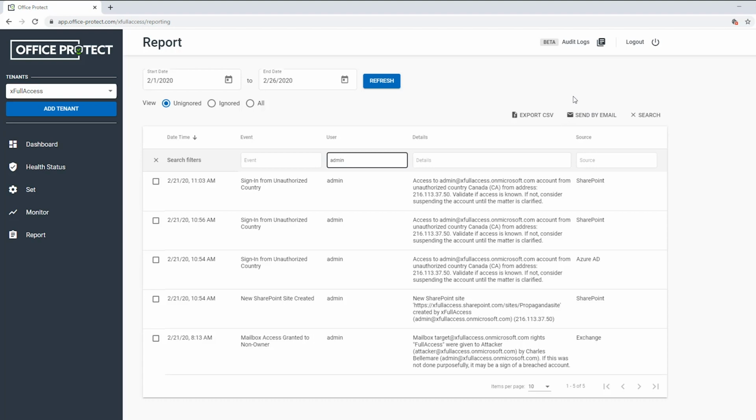One more point about the reporting. In the alerts themselves or right here from the interface, you can select any event and ignore it. What happens when you ignore an event is a specific configuration for the specific event will no longer trigger alerts. So take sign in from unauthorized country. It's a good example. Let's say you have one employee in China and you don't want to get alert every time they log in the morning, but at the same time, you don't want to add China to your list